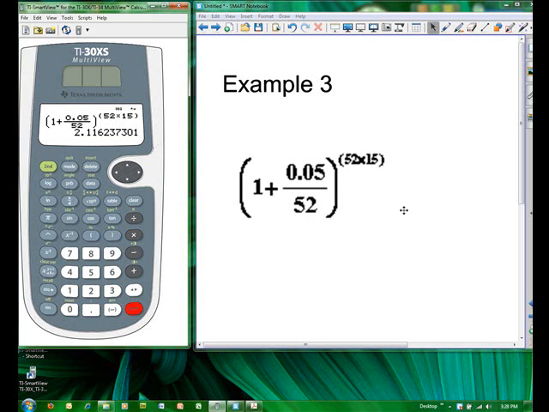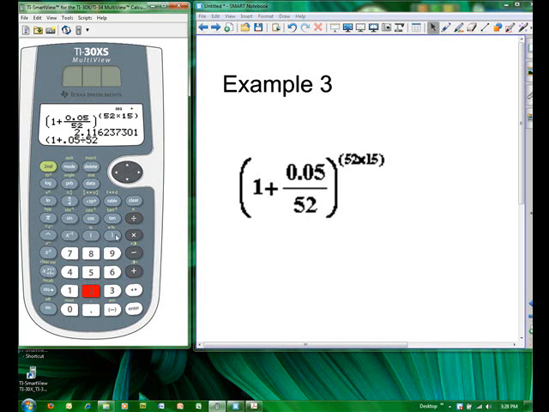Now you don't have to put it in that way. You can put it in a different way. I can do parentheses 1 plus .05. Notice I didn't put in the leading zero here because it was not necessary. Divided by